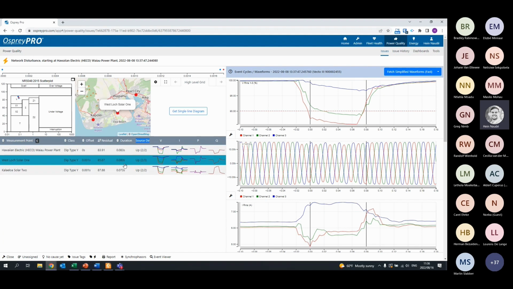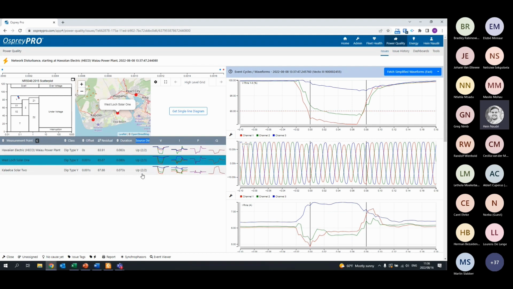So we have built in research papers that describe different methods to determine if an event was upstream or downstream. And we've incorporated that in Osprey Pro or VECTO Grid OS to easily and quickly determine if the event is upstream. It's still just a method, so it's not 100% accurate, and that's why you need to do your own analysis as well. But from my experience, I've seen it's quite accurate generally